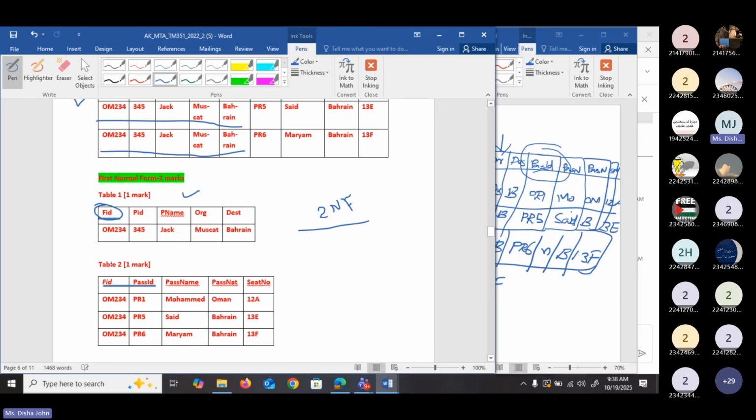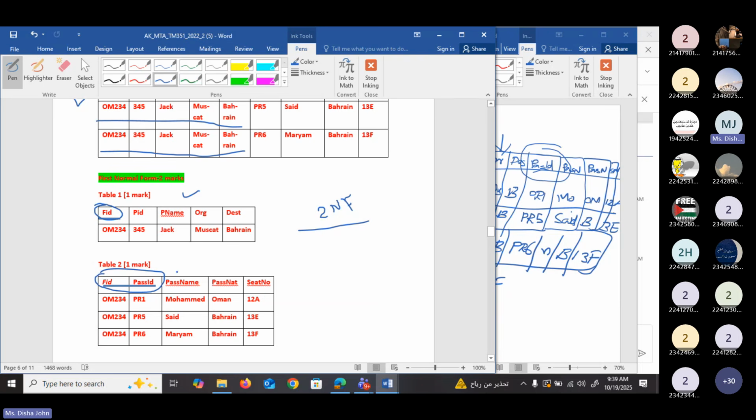Now in table 2, the primary key is a composite key. What is meant by a composite key is that it has more than one column as the primary key. Here we have two columns, flight ID and passenger ID. So if you have two columns, then you have to check whether there is a partial dependency between the primary key and non-primary key. I will repeat, listen carefully.